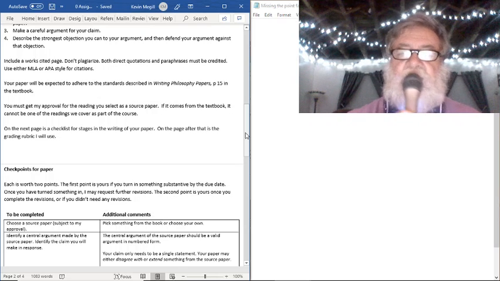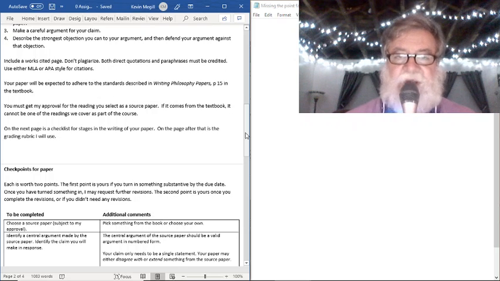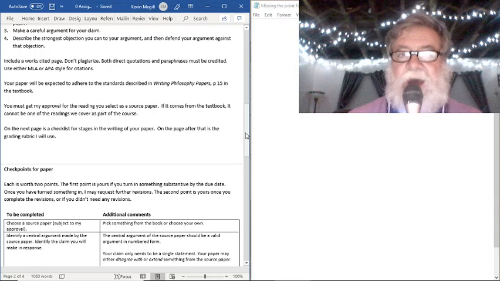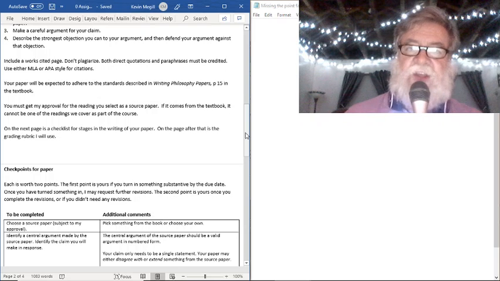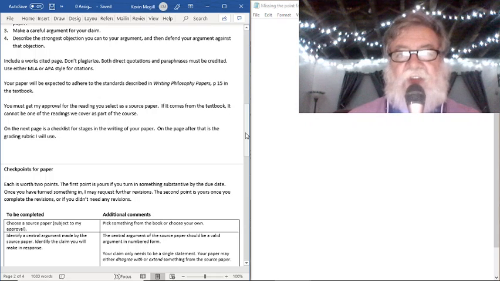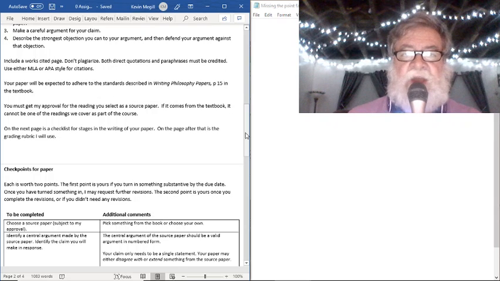So if you say, here's what the guy's claim and argument is, and it's completely wrong, you can still get full credit for that. But what I will do is I'll give you responses, sometimes very detailed responses, sort of heading you off of the path if you're going the wrong direction. And that's why I want these checkpoints. They really are checkpoints. They're places for me to check whether you're going in the right direction, whether you've really misunderstood the paper or really misunderstood the assignment. So you need to pay close attention to whatever feedback I give you back.